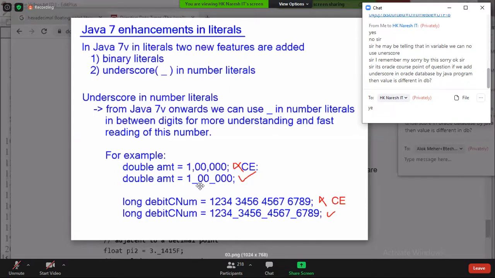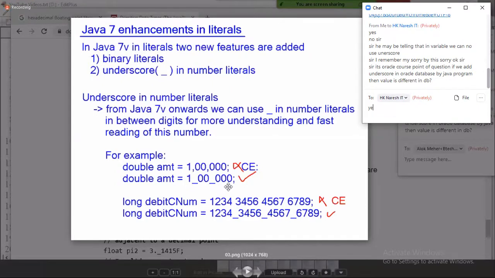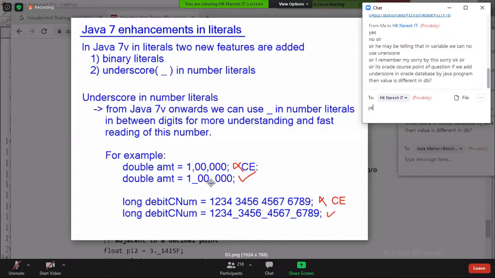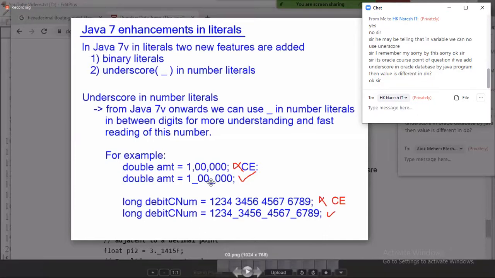If you use 1_00_000, do you feel that underscore will be stored in the .class file? Is underscore passed to the queries to store in the database? No, underscore is only available in the source file, our .java file. When you compile, underscore is removed, it will become 1 lakh. Are you catching my point? Underscore is only for the developer's point of view for easy understanding.